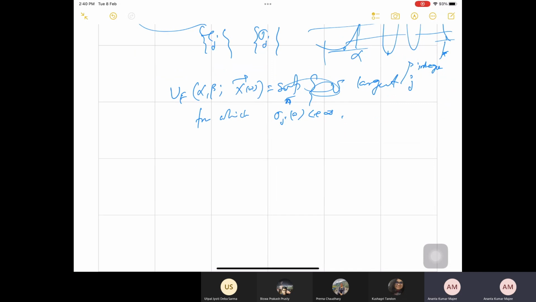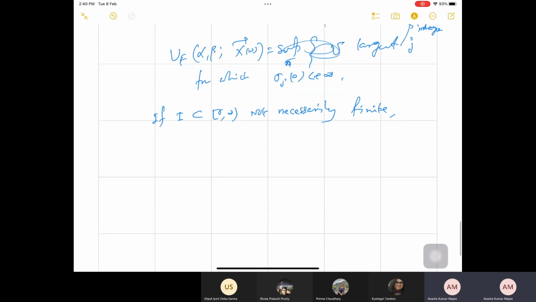...along the interval alpha beta, which means restricted on your finite set F. So now if your set F is not finite, if it is any arbitrary set, then how can I define the upcrossings of my stochastic process X_t? So if my I, which is a subset of [0, infinity), is not necessarily finite,